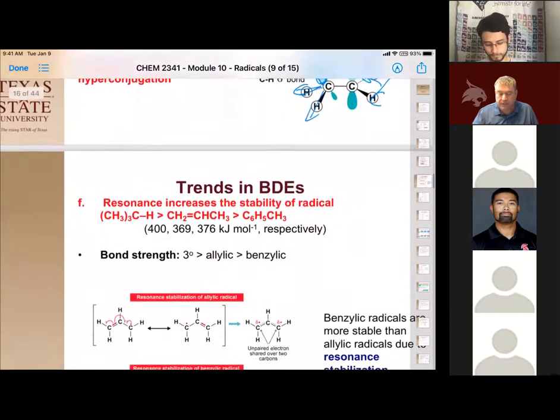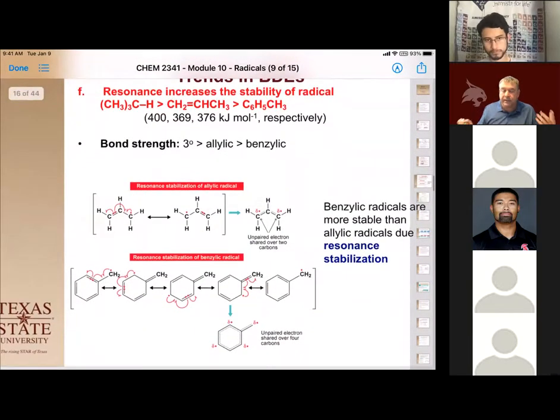Okay. So then the next thing we need to think about is resonance. Remember, resonance really stabilizes carbocations. If we had a carbocation next to a double bond, it could share that partial positive charge across those. That same thing exists in our